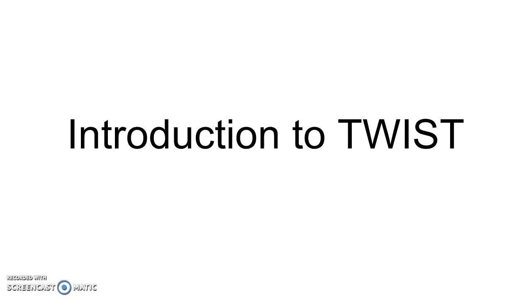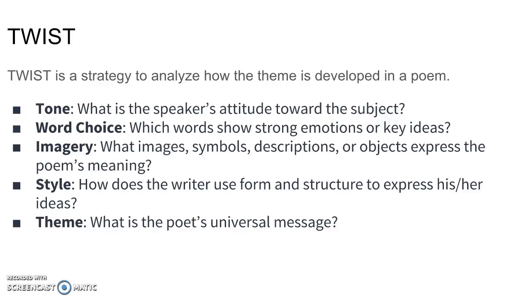In order to prepare us for that, we're going to learn some strategies today on how to figure out the theme. One strategy we're going to use during this project is called TWIST. This is our introduction to TWIST. What is TWIST? TWIST is a strategy to analyze how the theme is developed in a poem. TWIST has 5 parts. These are 5 poetic devices or literary devices that we can look into to figure out